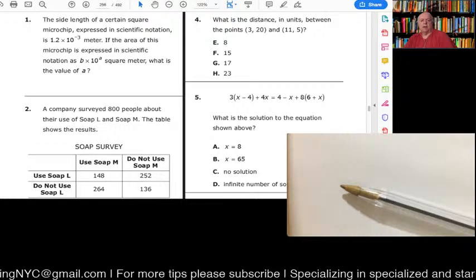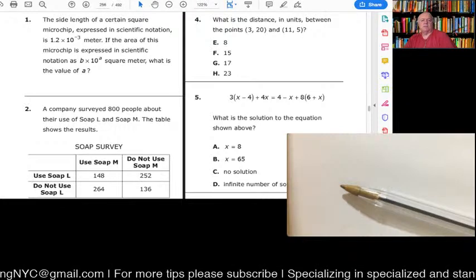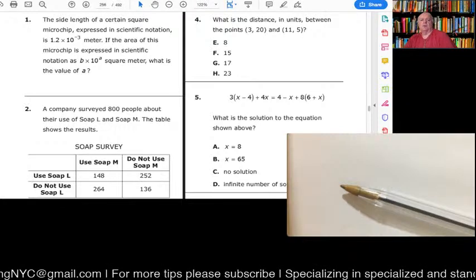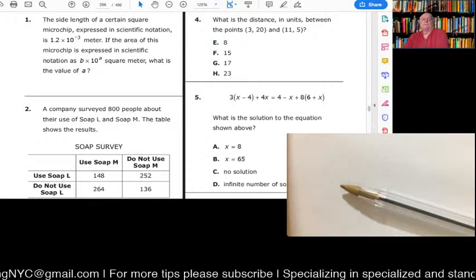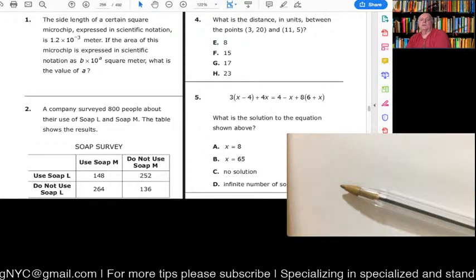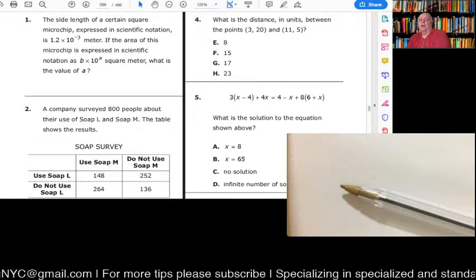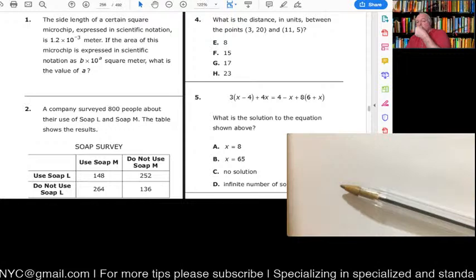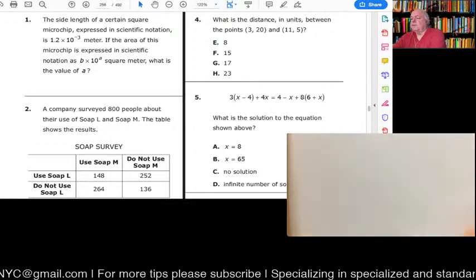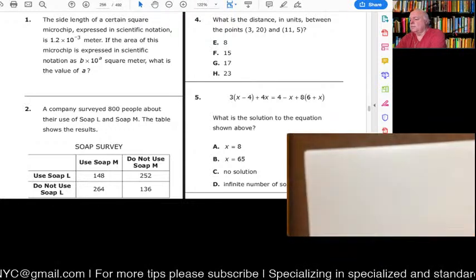All right, so I'm going to jump right into some of these problems. We have problem number 4, should be on your screen on the right-hand side. What is the distance in units between the points 3, 20 and 11, 5? So if we visualize that a little bit,